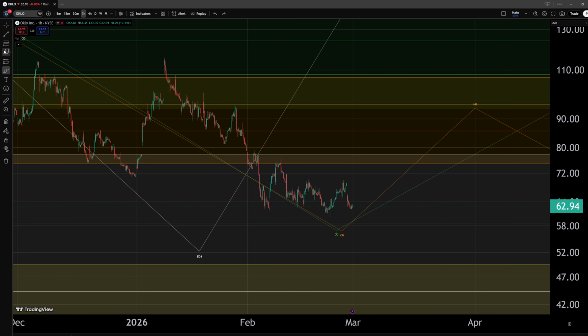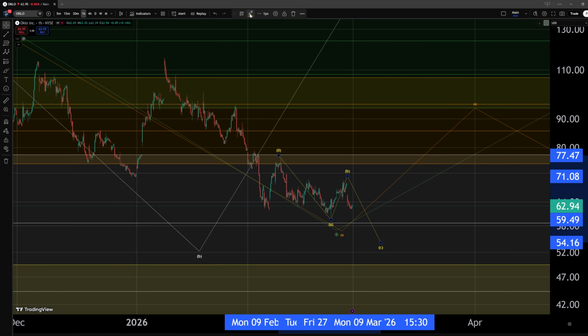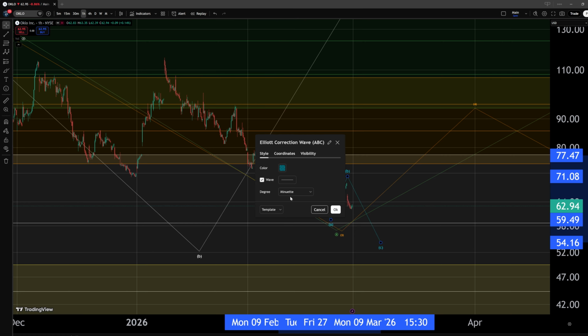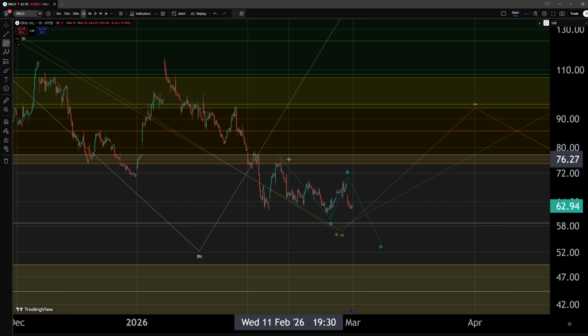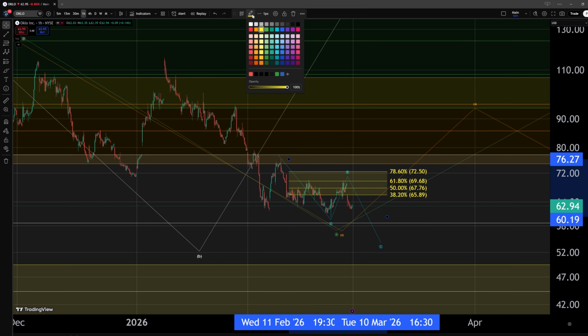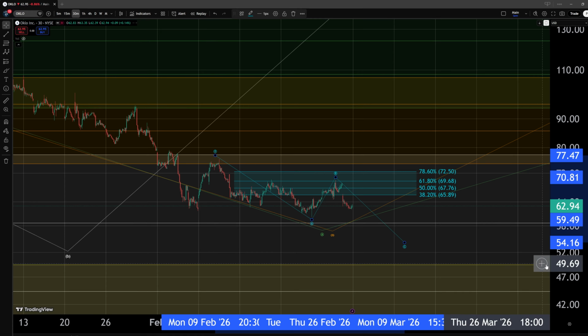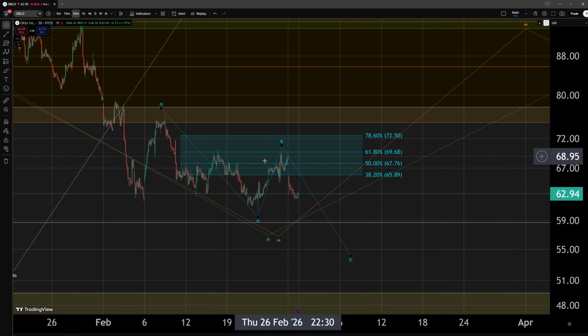But, as always, we could be looking for even further extensions internally within this structure, and we will be tracking this within, let's say, this blue idea. So I'm watching the area of resistance for such an interpretation at the levels between the $65.9 all the way up to the $72.5. We have pushed in this movement the upside into the 61.8% retracement before creating already a more substantial reaction